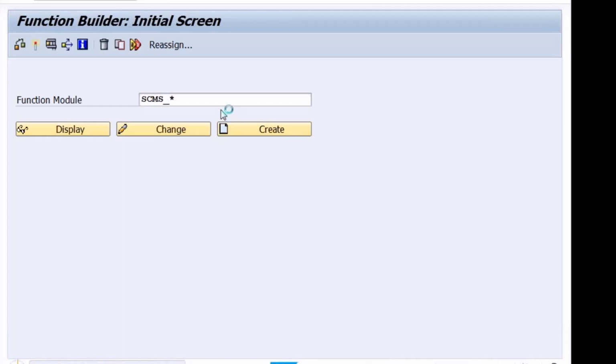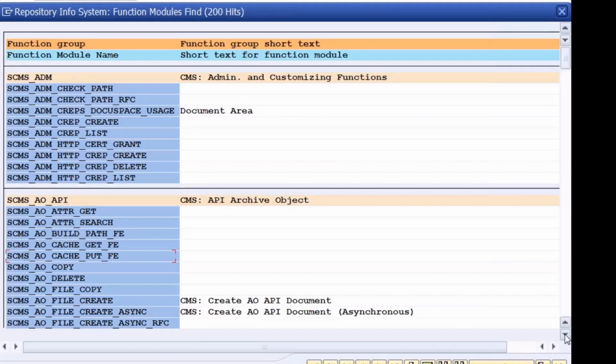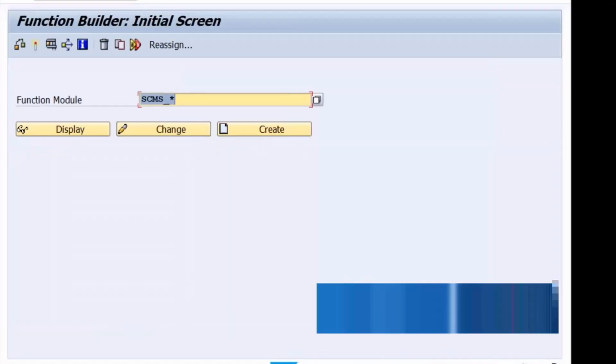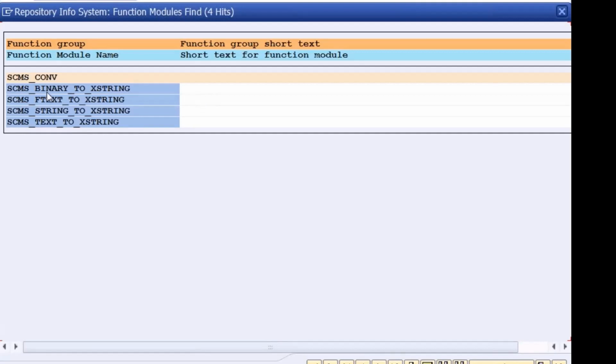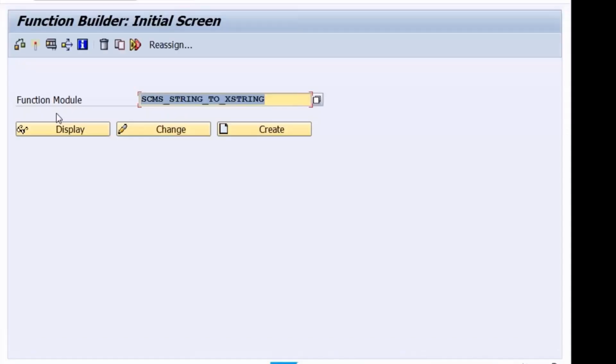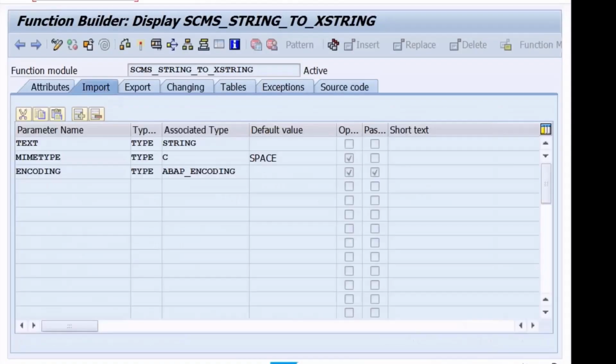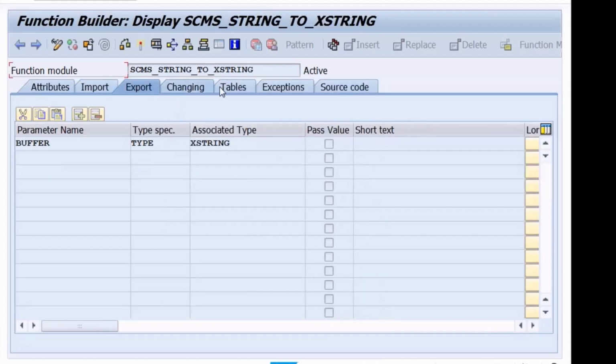I'm checking for other function modules. I called BINARY_TO_XSTRING. I'll try to choose this. What is it? STRING_TO_XSTRING. Let me check the signature of this. Yes, it is taking text, it is taking the string. And what does it do? It returns type XSTRING.